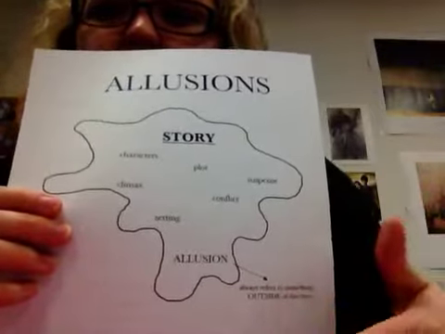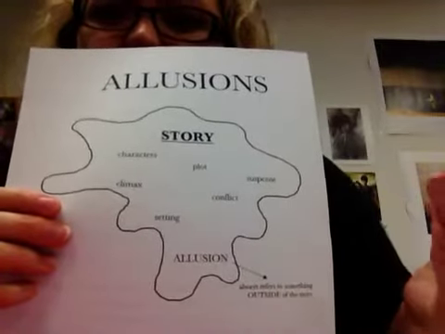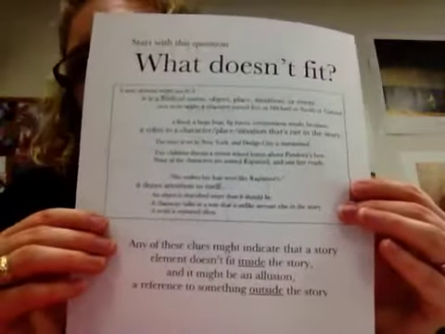And the point is what is added to the story. What inference do you make? You have to make those deeper connections. So go ahead and turn your paper over to the back. I see that this is backwards, but read along with me. What doesn't fit? A story element might not fit if it's a biblical name, an object, a place, situation, or event. You know, in this moment, and especially in this book, they use a lot of biblical allusions, but there's